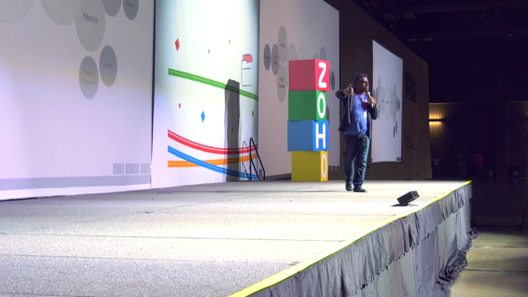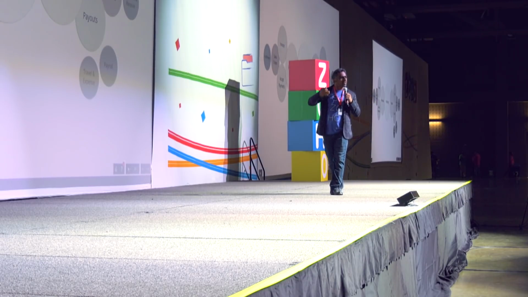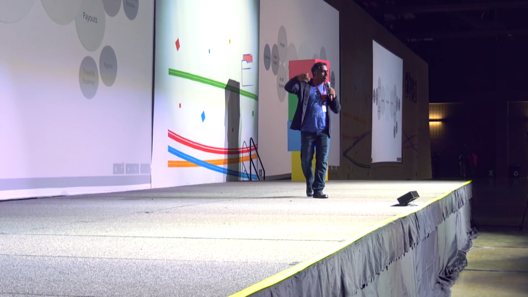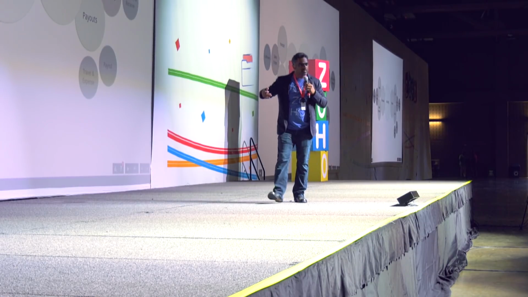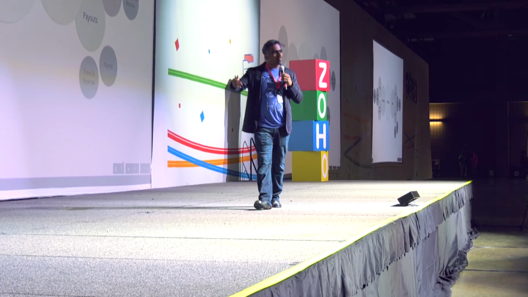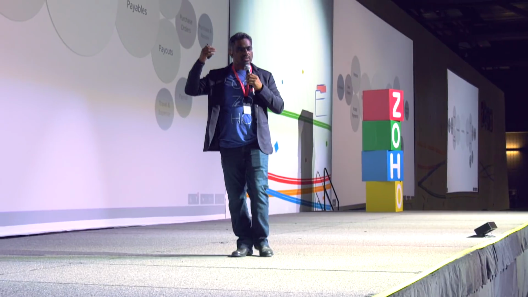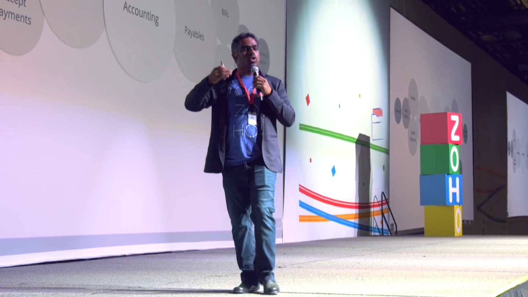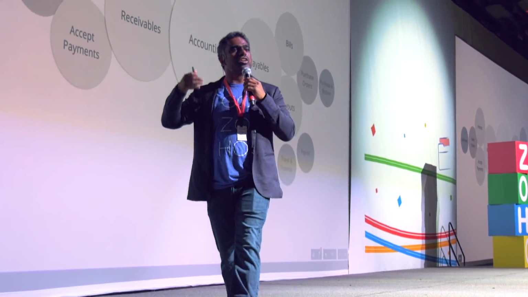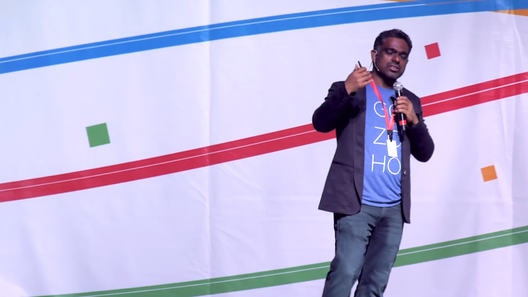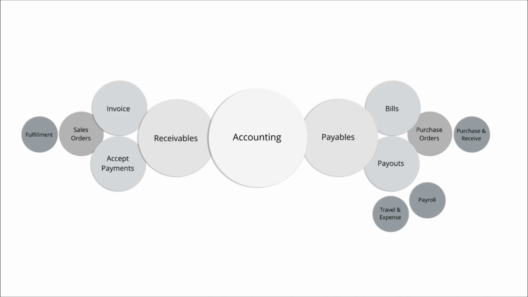But then there is a whole other story on the procurement side. Because if your inventory is low, well, then you need to procure and replenish your inventory. So then there is a payables component to it, where you need to issue purchase orders. You need to make sure that you receive the item. So there is a cost aspect of it that is also a crucial component of your commerce platform. Not to mention the expenses that you incur related to this, not to mention the payroll costs. All of these should come together as part of the platform.